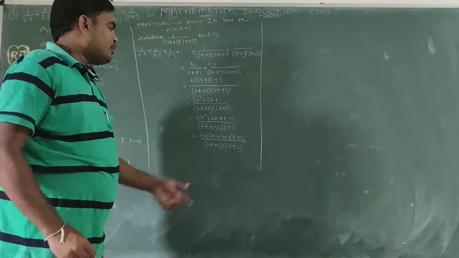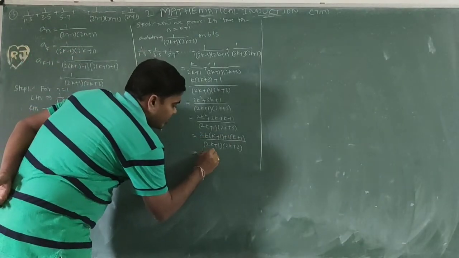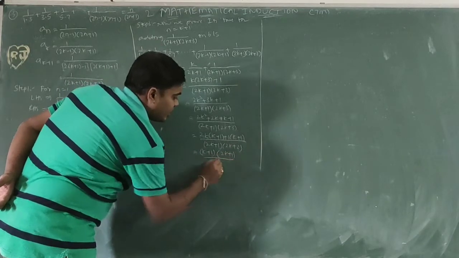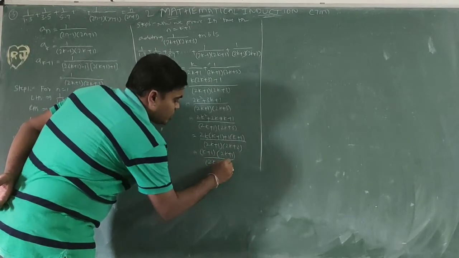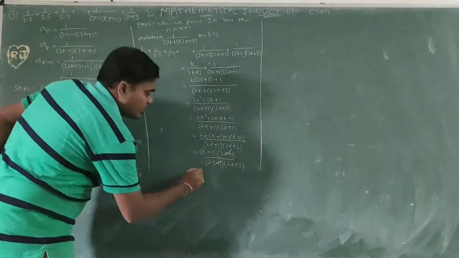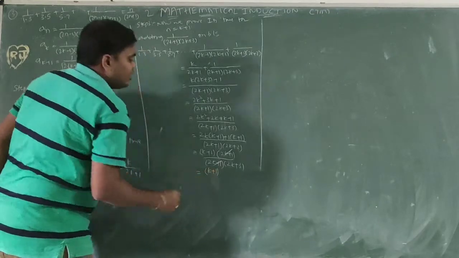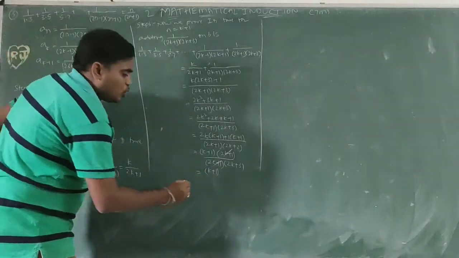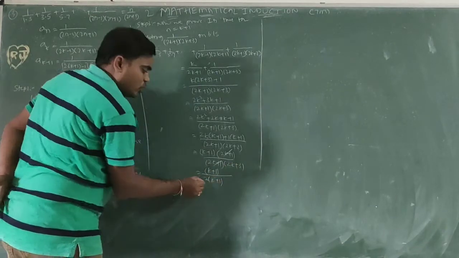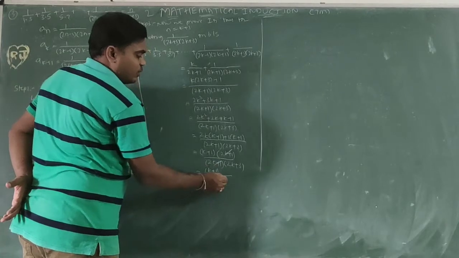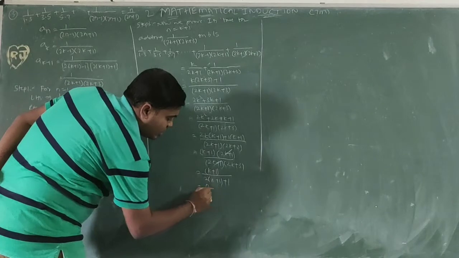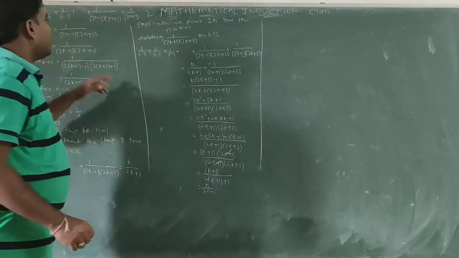In these two terms, 2k plus 1 is common. If we take k plus 1 common, the remaining is (2k plus 1) by (2k plus 1) of (2k plus 3). 2k plus 1 cancels. Now everything is in terms of k plus 1. Instead of k I want to write k plus 1. 2 into k is 2k, 2 into 1 is 2, but it is 3, so to balance I want to add 1. So n by 2n plus 1.